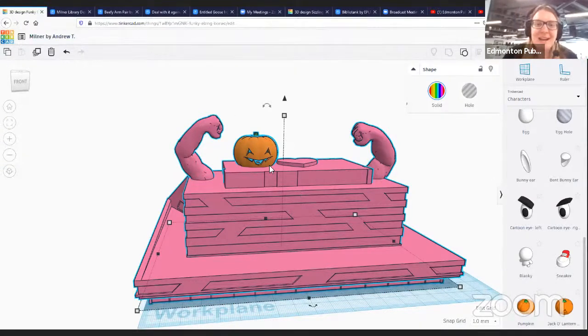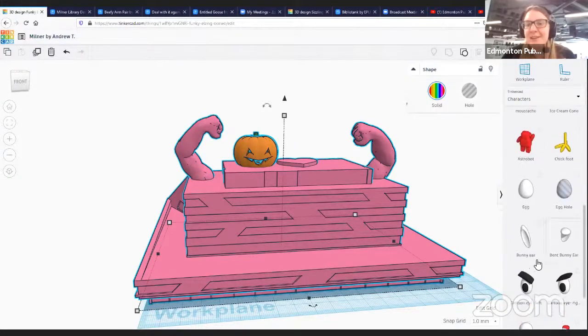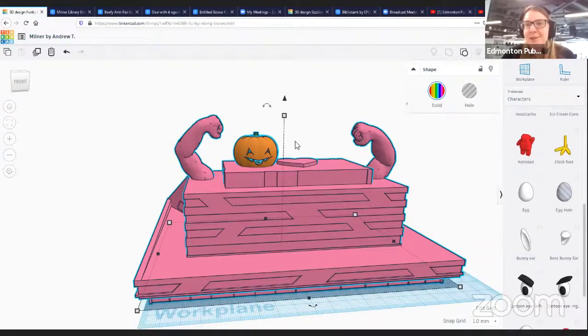And we have this jack-o'-lantern. I was surprised because usually what happens is the color changes to match the existing color of the building, but here in this case, it stayed the same. So it might be something about the way that this jack-o'-lantern is put together that's causing that issue. But not a huge issue at this point. So I'm just going to go ahead and show you